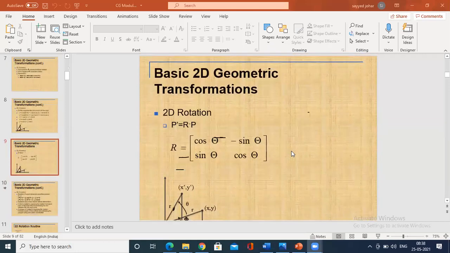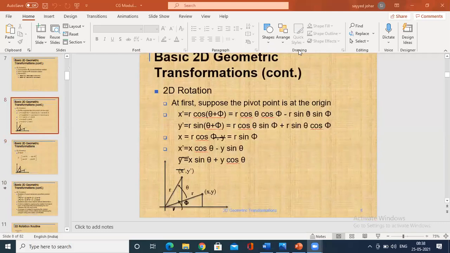Next, these equations could be represented in the form of a column matrix. We cannot represent a column here, as in tx, ty, which was a column matrix, just a translation factor.